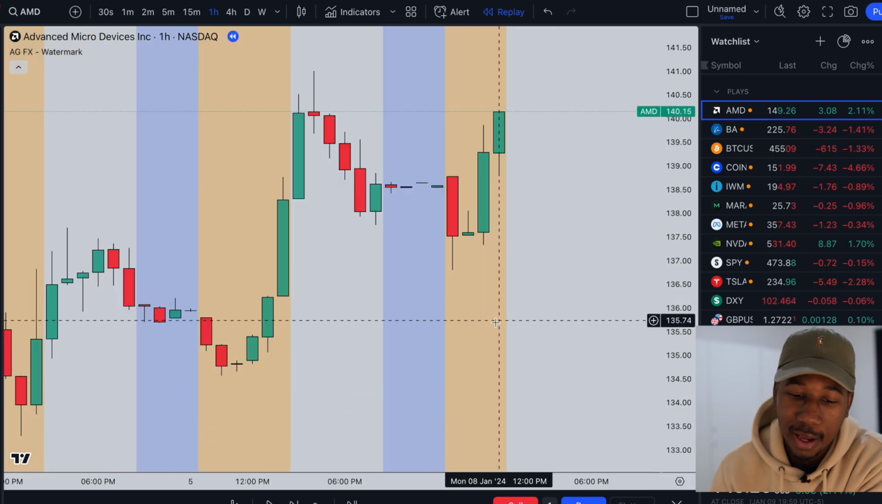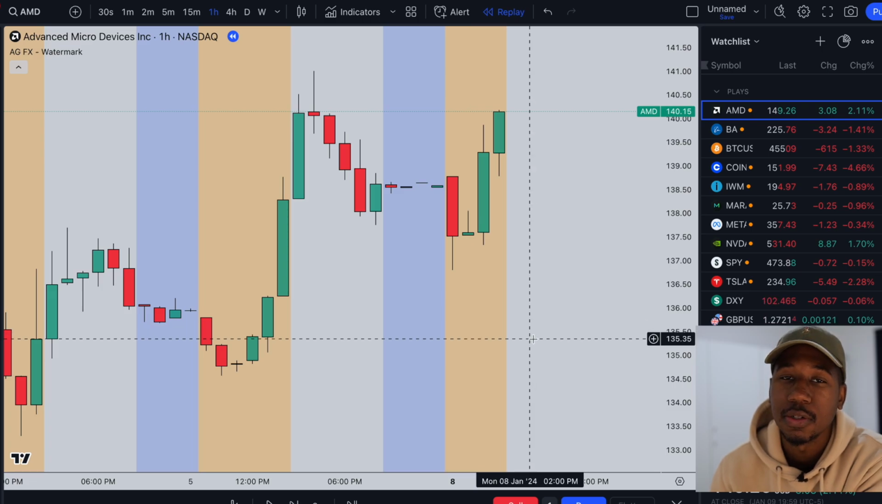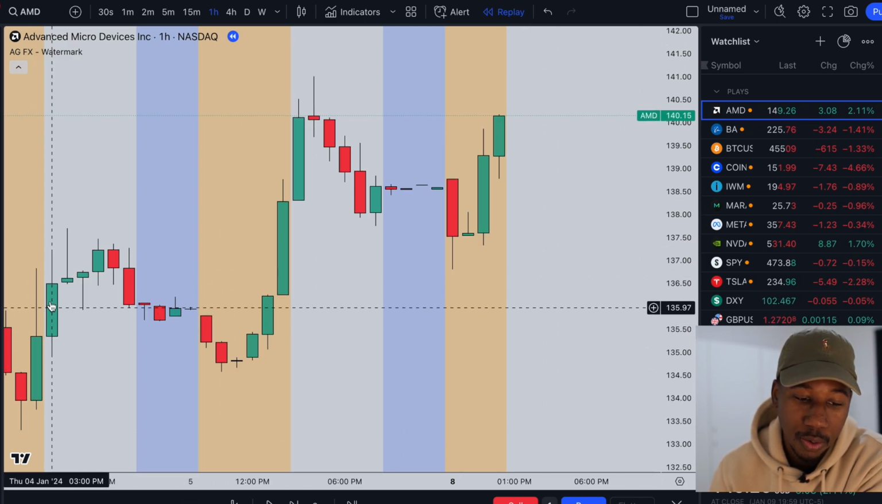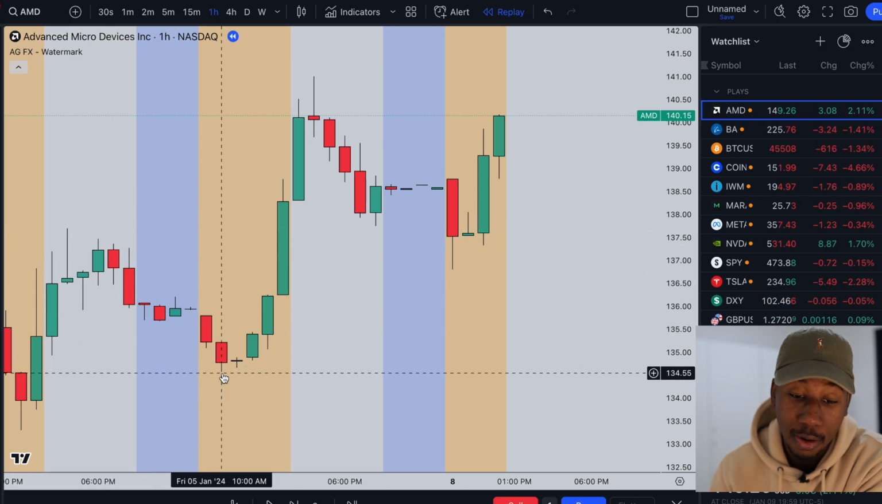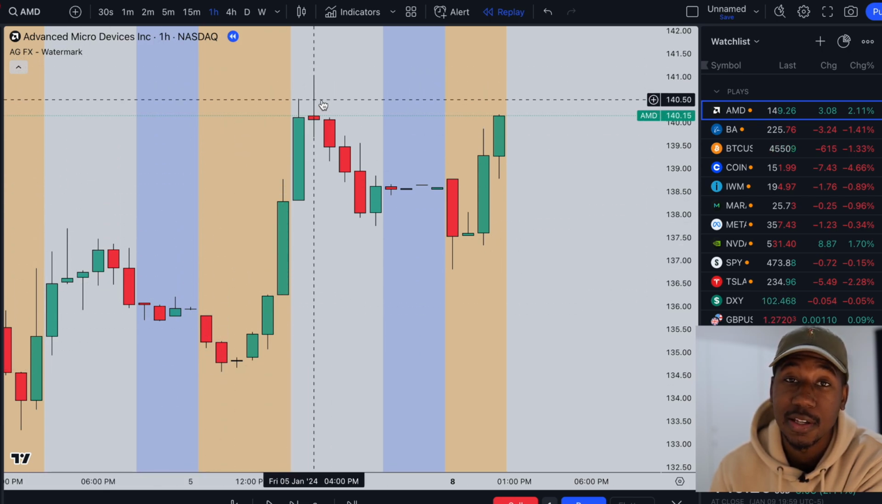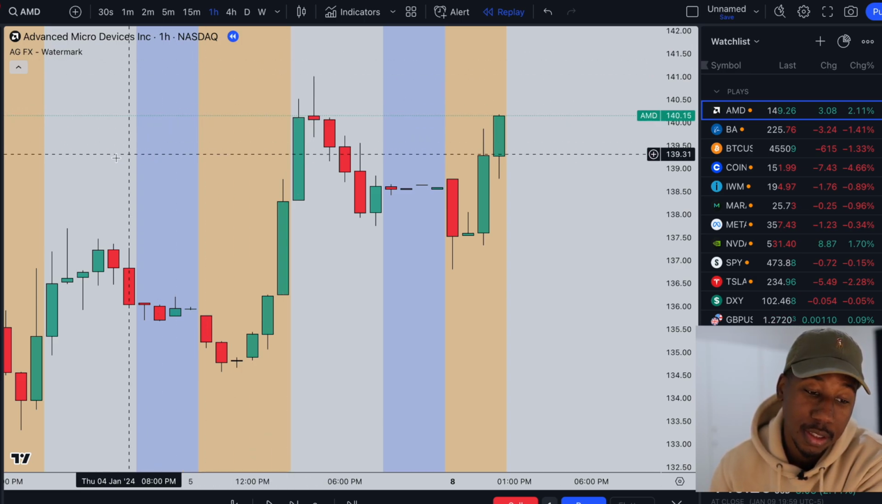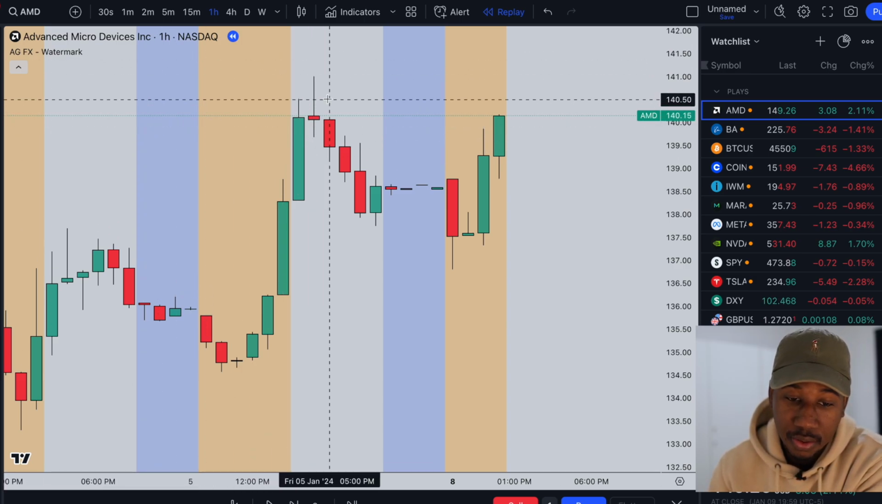So here we are looking at market structure pre-market. The first thing that we're going to want to do is analyze the overall trend. And if we just look here, we can see we got a low, we got a high, we have a higher low, a higher high, which tells us we're in an uptrend. So now that we've identified what the trend is, we now want to identify the trading range, which in this case is going to be